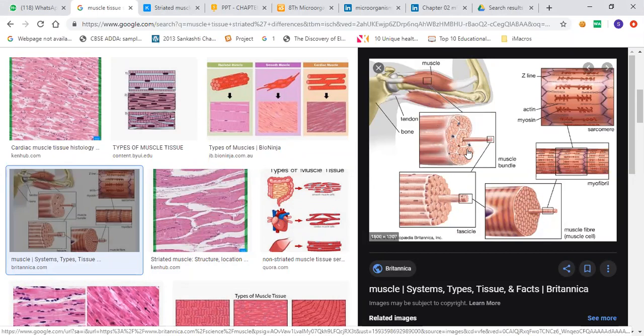It looks like this inside. Inside that many packed structures are there, many of them combined together. Out of that you take one out, and from that one taken out is this. Inside that again there is one single taken out. It looks like this. So this is the actual outside that we see. Inside that is one full bundle. This is a muscle bundle. Inside that fascicles are present.